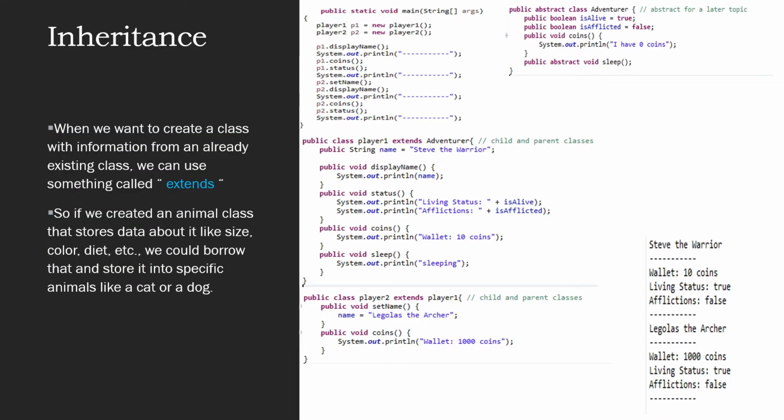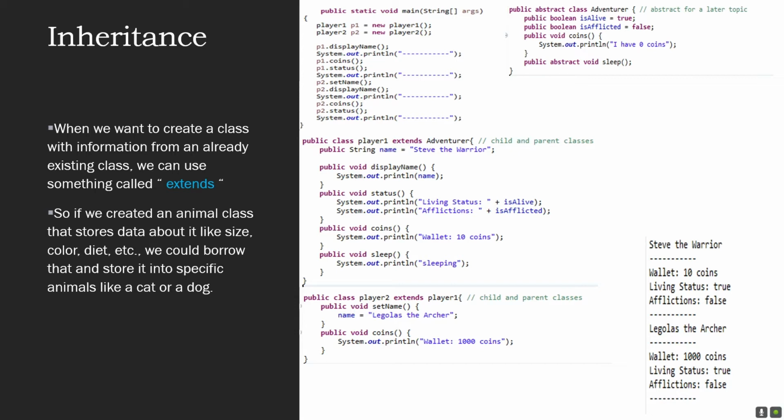Now moving on to inheritance. When we want to create a class with information from an already existing class, we use extends, which would be this right here. So if we create an animal class as an example, we would make it store information like size, color, diet, and we could borrow that information and store it into specific animals, like a cat or a dog, an elephant,